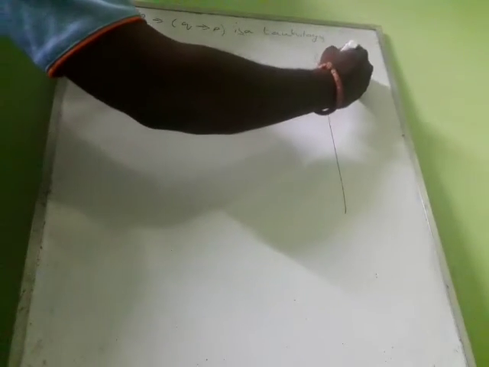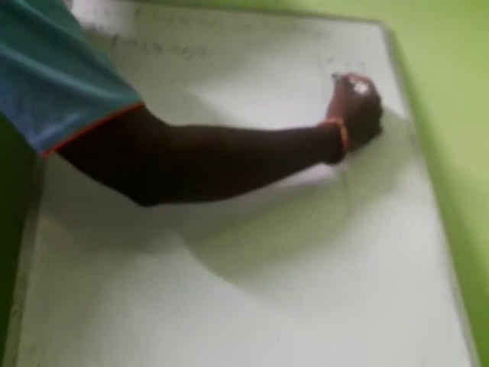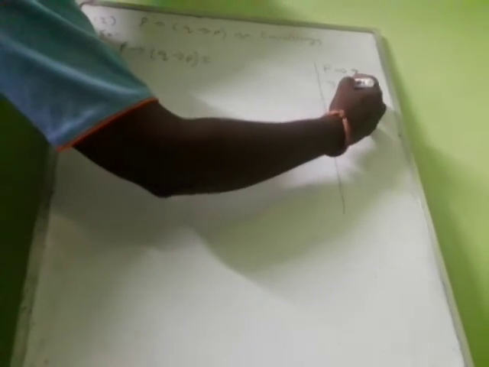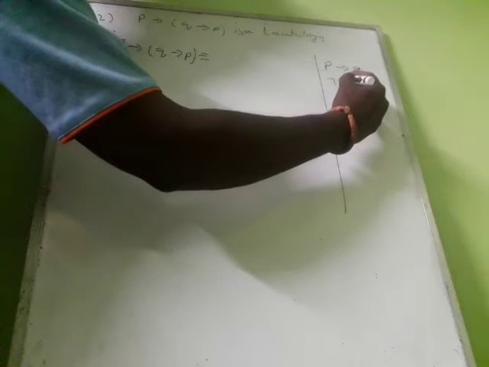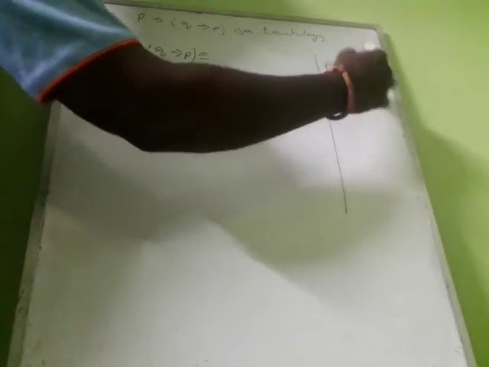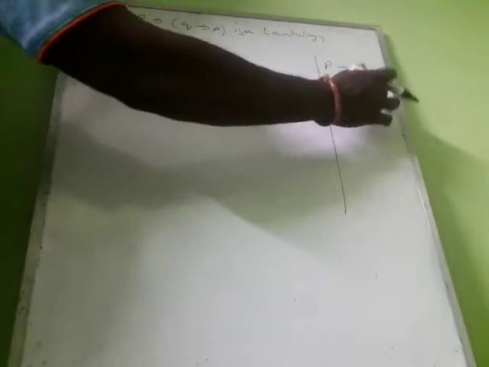Before that, just remember one statement. For P conditional Q, we take P as the first term and Q as the second term. It becomes negation of P or the second term Q. So this is a term we can write instead, as both are equal. If you do the truth table, see the last column, both give the same answer. So P conditional Q we can write another way, negation of P or Q.